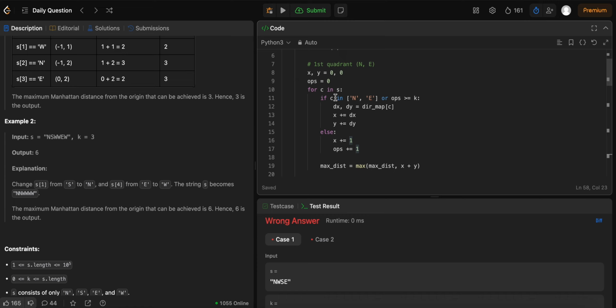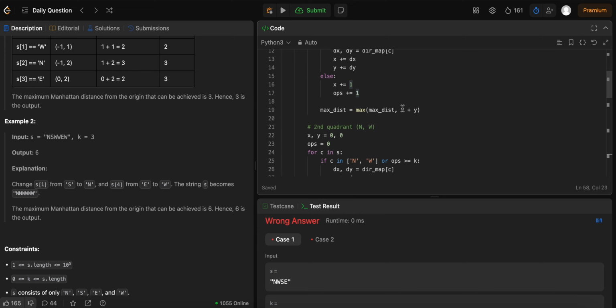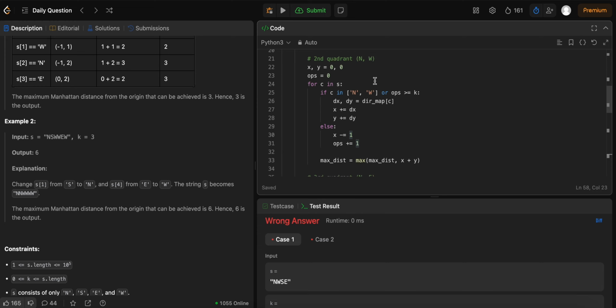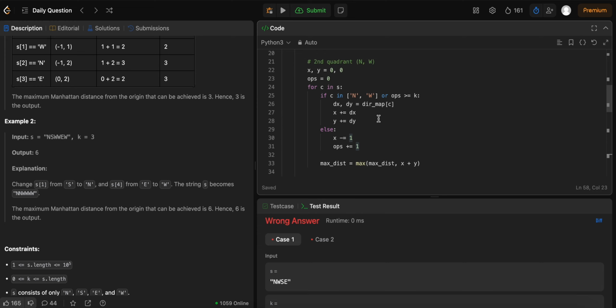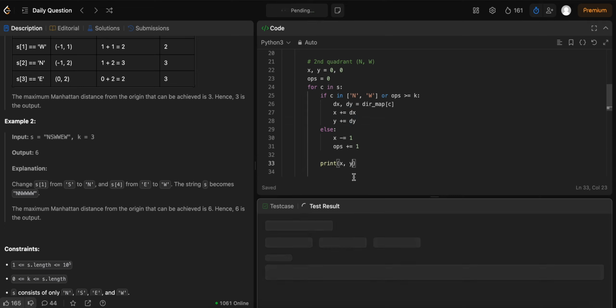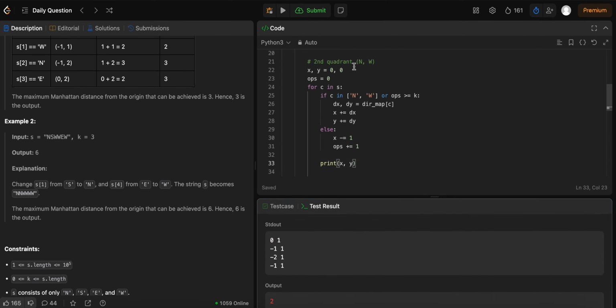So actually that one wouldn't get as far. So I think we should have a max distance of 2 there. What about here though? I think this is the one where we should make sure it is correct. So we can just print x and y here. Let's see what's going on. So okay, we start with 0, 1. We move to